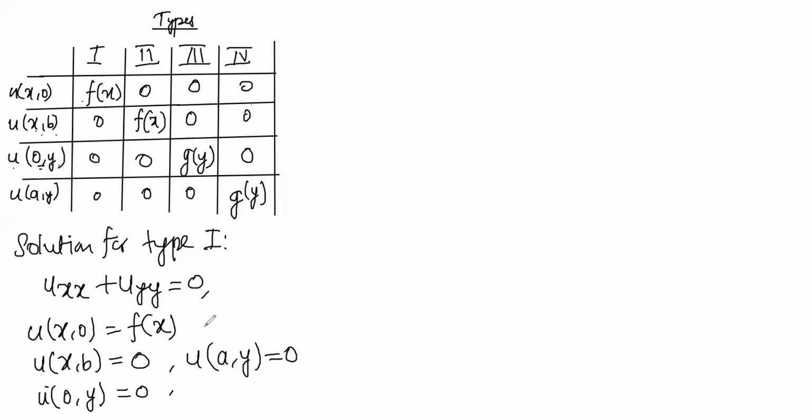Remember one thing, the solution for the Laplace equation is always a trigonometric function and a hyperbolic function. For all the types it is always one trigonometric function and one hyperbolic function. The only thing we have to recognize is that whenever you have a function of type x, then the trigonometric function will be in x, and the hyperbolic will come in y. That means, when I'm writing the solution, my solution will look like